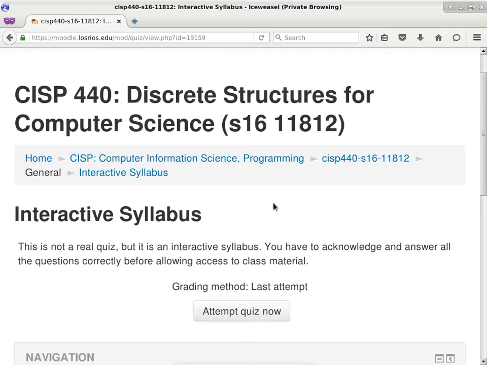It really is just a form so that I can collect your responses: yes, I know about this, yes, I have read this, yes, I clicked this too. This is just me logging that you know how to access the syllabus, and presumably you would have read it as well. Is that okay? We'll quickly go through the syllabus because it really is long and boring,